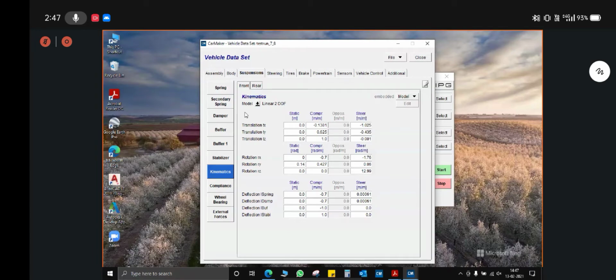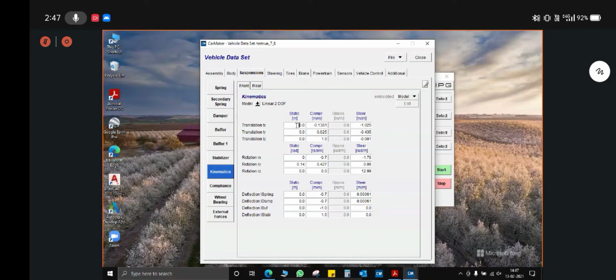The details regarding the 2 or 3 DOF model in the front, or the 1, 2, or 3 DOF model in the rear, you can find in the request form, the user's guide, or the reference manual, and it will clear your doubts. Also, Ravinder has already explained this in detail, so there's no need to jump into it again. Using this kinematic step, it is possible to change or optimize the dynamic characteristics of your vehicle.